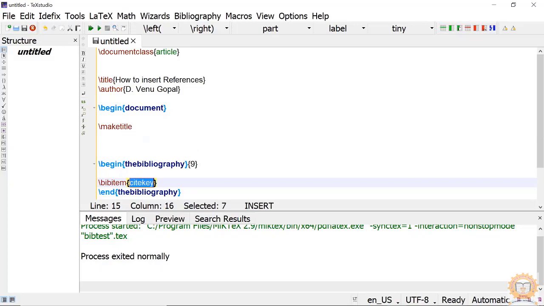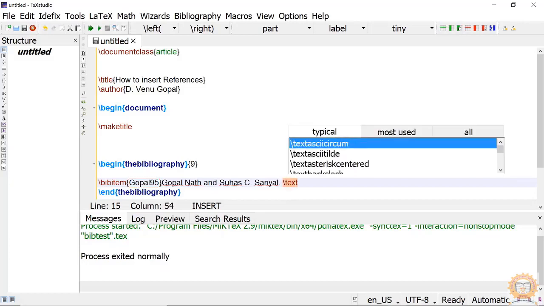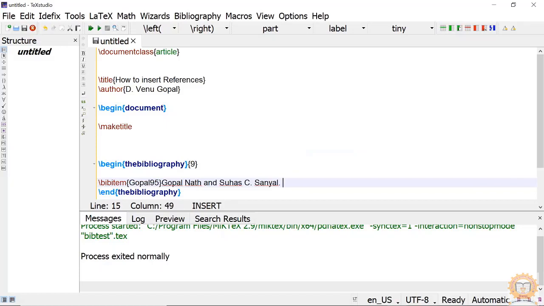Key means, suppose I am giving like this, Gopal, or sometimes other may be here.